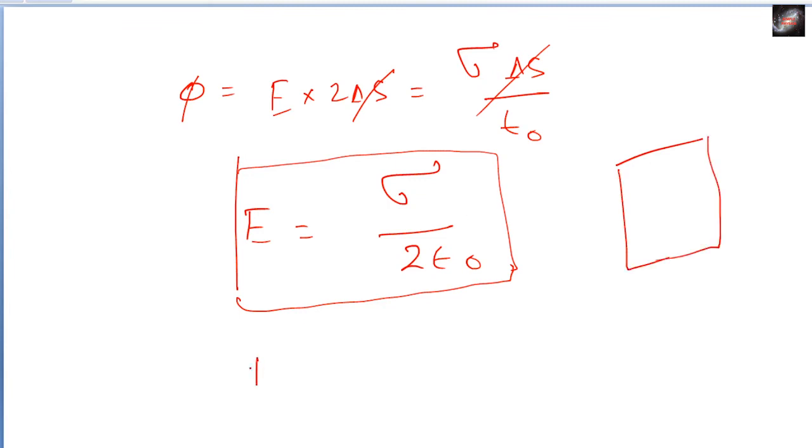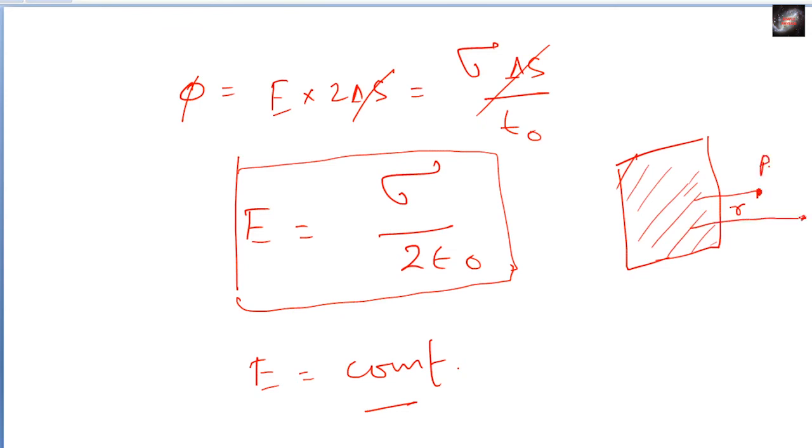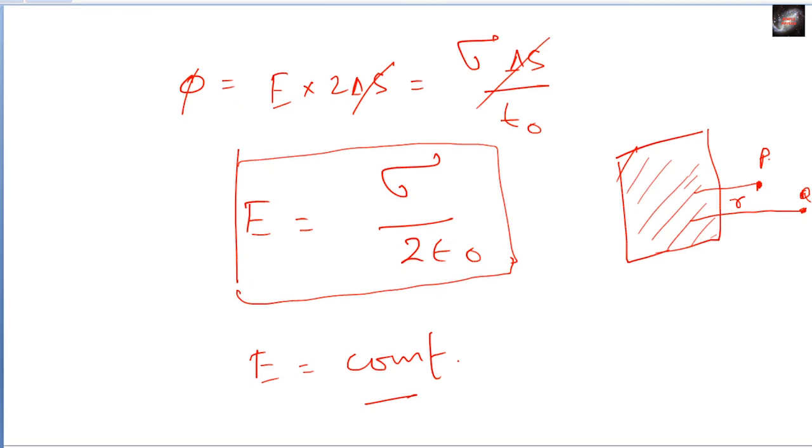Now from these equations, you can observe that the value of this electric field is a constant quantity. There is no variable here. Sigma is the surface charge density, which is a constant. Epsilon 0 and 2 are both constant. So according to these definitions, for this type of body, the electric field will remain the same with respect to distance. If we consider this point, the electric field there will be the same, and at this point also the same electric field will come. So this is an interesting thing which we find from this.